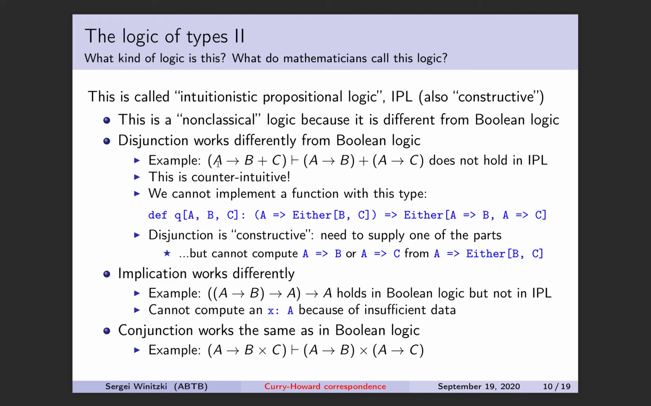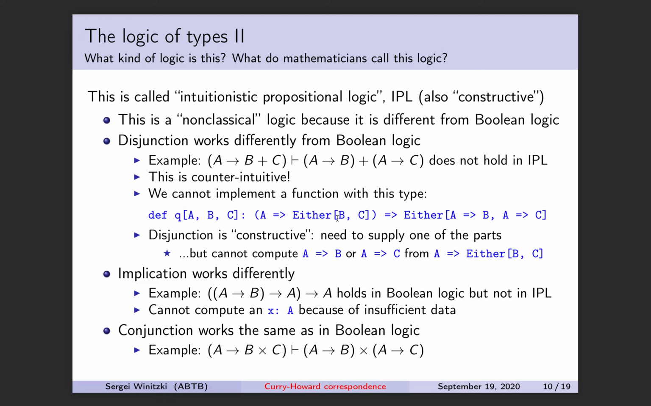Here's an example. From A to B plus C, or B or C, follows either A to B or A to C. Now, this is true in classical logic. If you can derive either B or C from A, it means you can either derive B or you can derive C from A. But this is not true in constructive logic